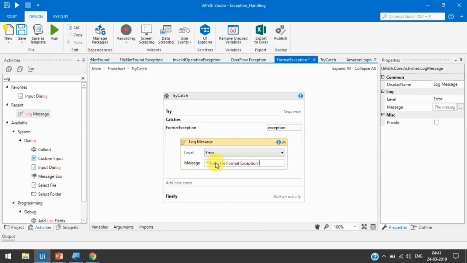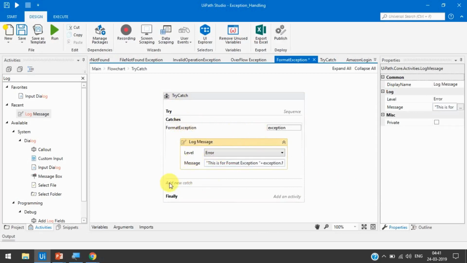Okay, and then we can use the plus option to add the exception message, exception.message. So we have used one catch here in the catches block.